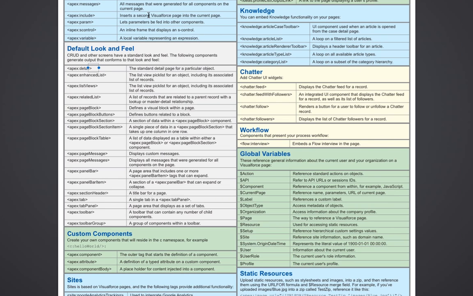Let's go back to our screen. Okay, so we are at look and feel tags. The look and feel tag, Apex, is the first tag which we covered, and in the same way you can even have enhanced list view of list view for every object. This is enhanced list. And list of records, you can see here list views. You can create custom list views with this Apex colon list views option. List views, I told you, list views means